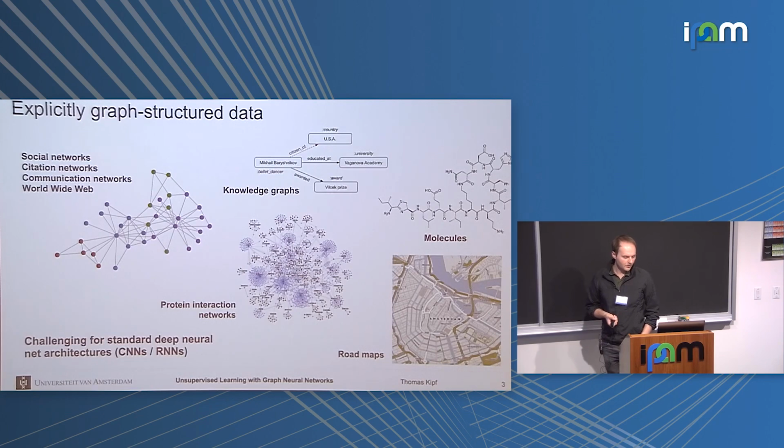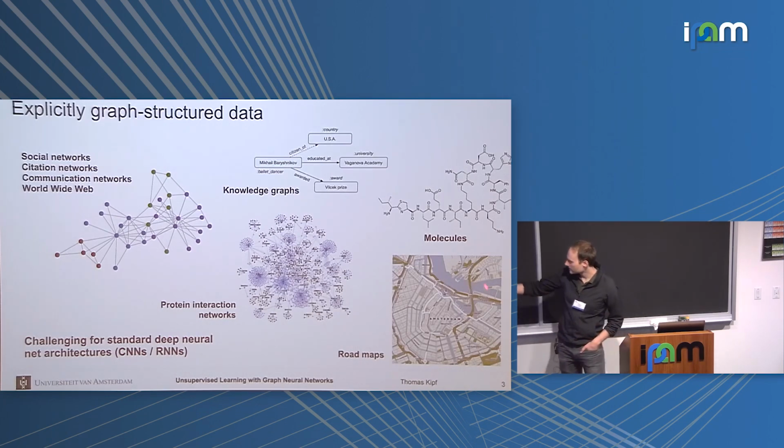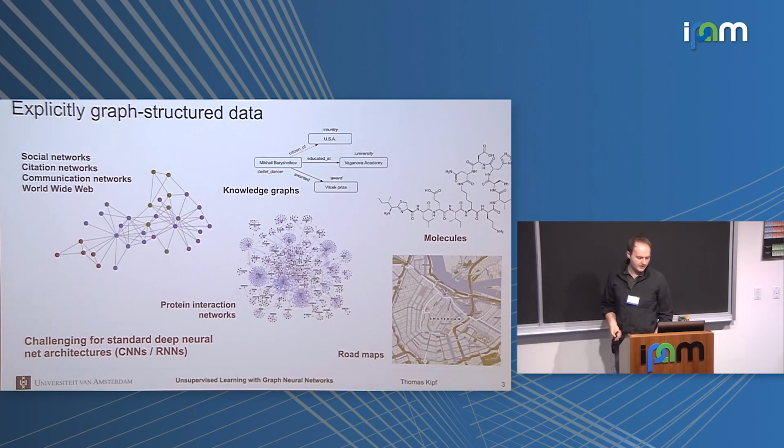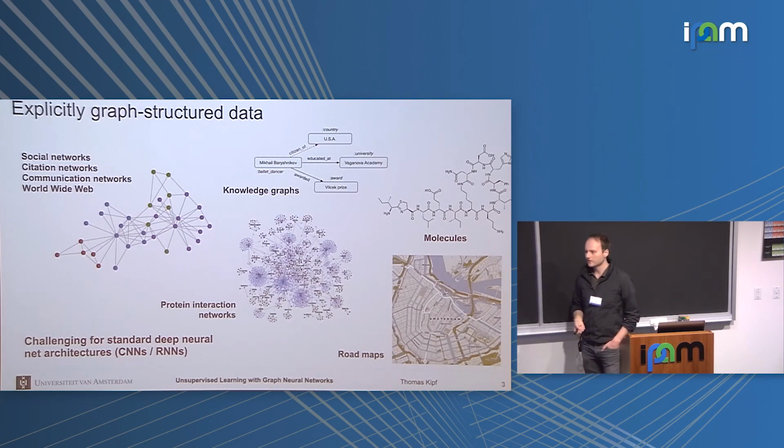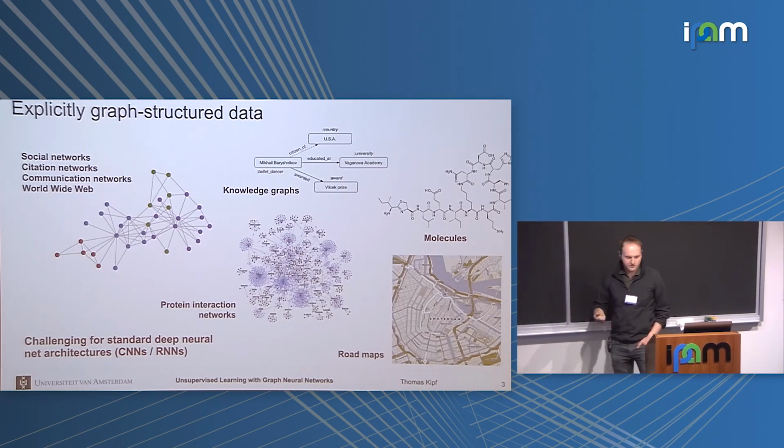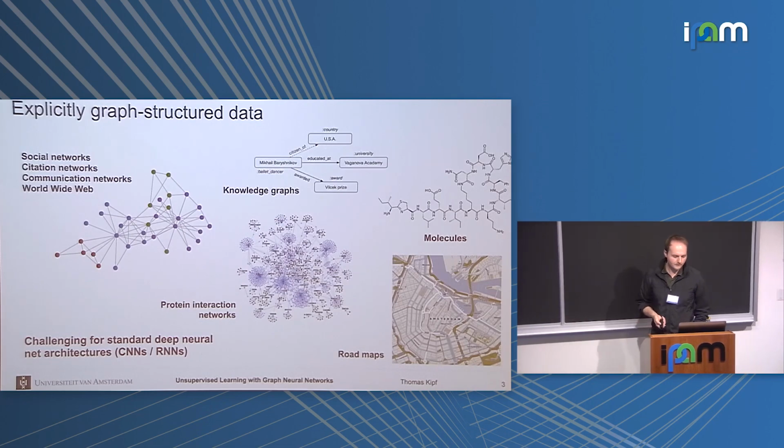What got a lot of this research started is that when you look at these datasets, you realize that the standard deep learning toolbox, like convolutional neural nets and recurrent neural nets, doesn't really work here. Of course you could use a convolutional neural net on this map, but at the same time it doesn't really have the right inductive biases for learning very effectively, like what it means if a car moves along a certain street and so forth.